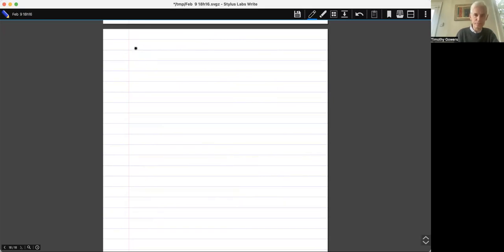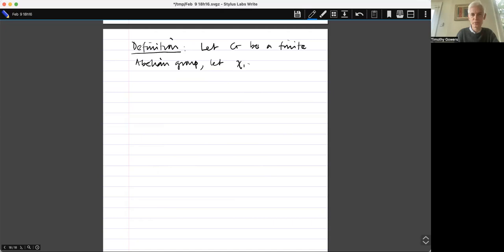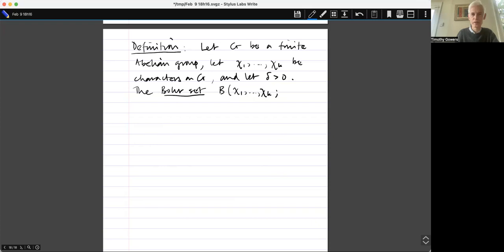But before I do that, I need a definition. Let G be a finite abelian group. And let, well, actually I don't want to say "let" yet, because I've got three things in this list. Let chi_1 up to chi_k be characters on G, and let delta be greater than 0. Then the Bohr set B(chi_1, ..., chi_k; delta)